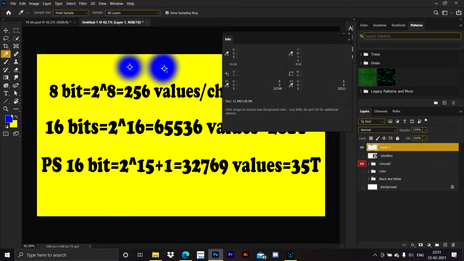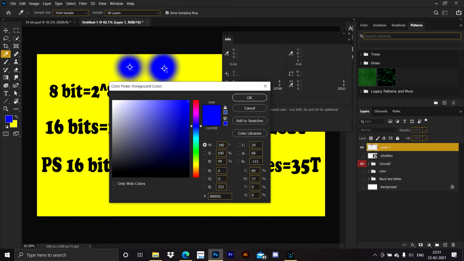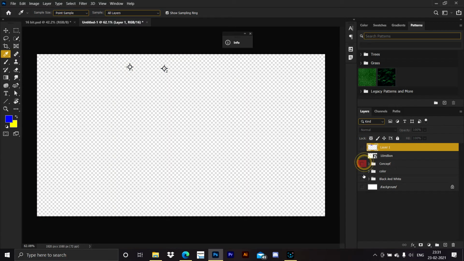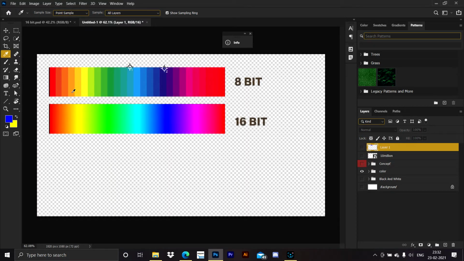That's why even though you cannot select more than 256 values per channel here, the gradient or the colors in 16 bits per channel are smoother than 8 bits per channel. In short, you cannot select any more colors than 8 bit because the color picker does not allow us, but Photoshop can show us colors in 16 bits.